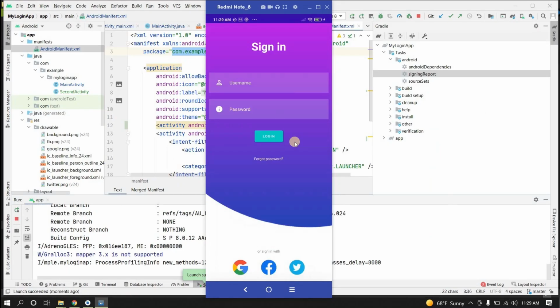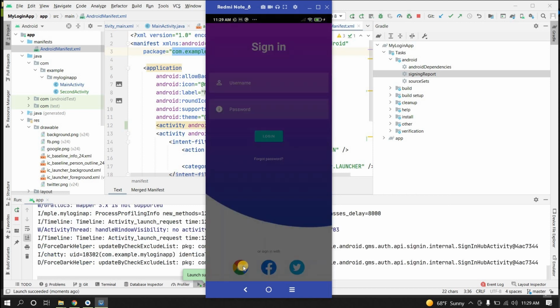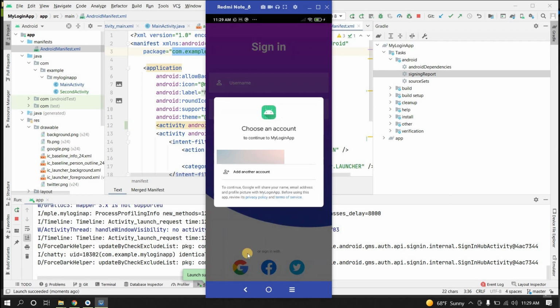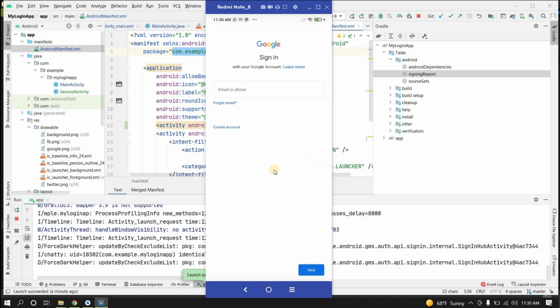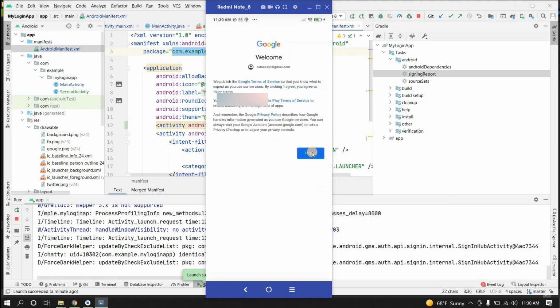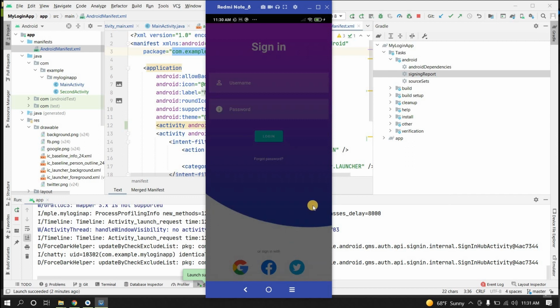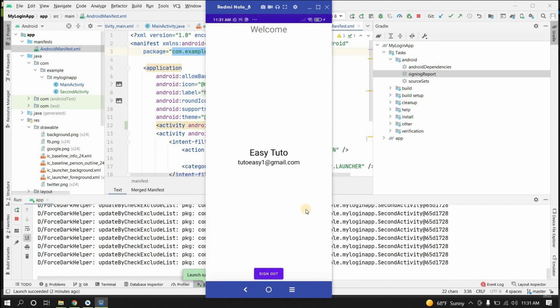Now I will click on this Google button. It is asking me to choose an account, so I will add an account. Click on I agree. So I am successfully logged in, and you can see the EasyTutor name is coming and my email ID is coming over here. Now when I close the app and open it again,